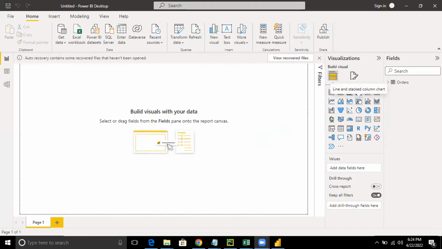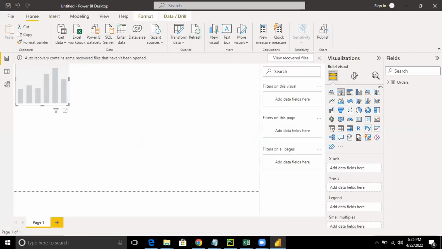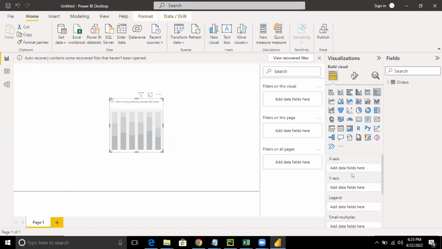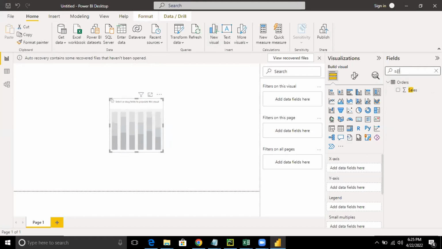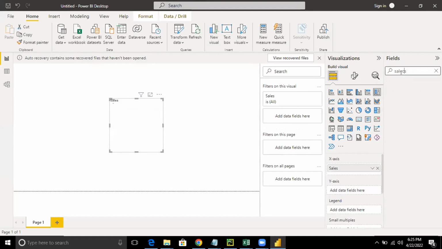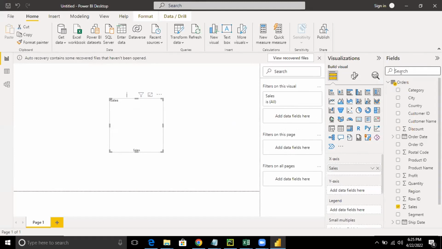So how did you do that, guys? Stacked chart, have you taken it, everyone? Yes, take the stack chart. The steps, I'm going to quickly repeat. Click on the new visual, and from there you can select the stack chart. This is the stack chart, which is ready. Under orders, select the sales option and take the sales on the x-axis. You can take the different categories on the y-axis.